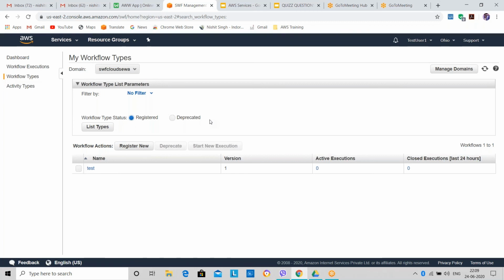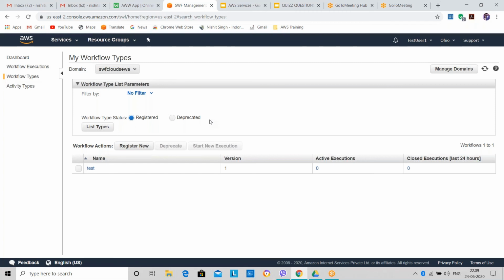What SWF will do is track each and every record. SWF will not move your data from S3 to Glacier. SWF will track the records of your moving your data from S3 to Glacier. Basically, you are creating a workflow of tracking records.